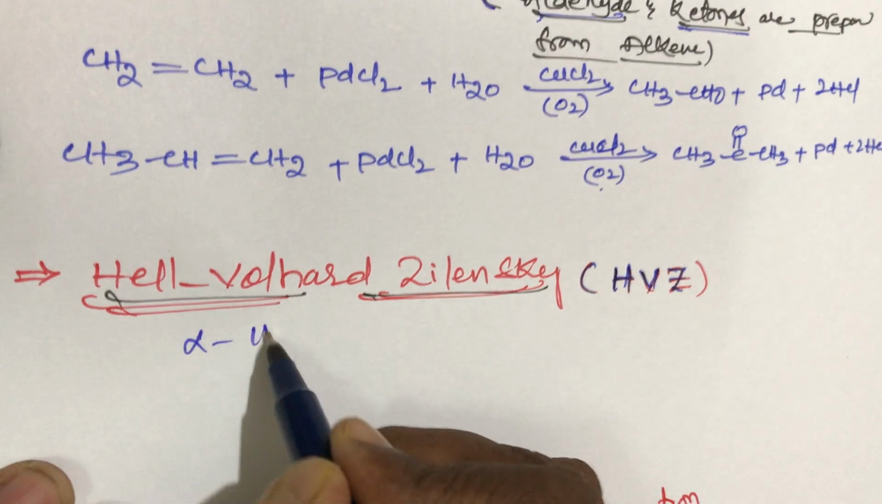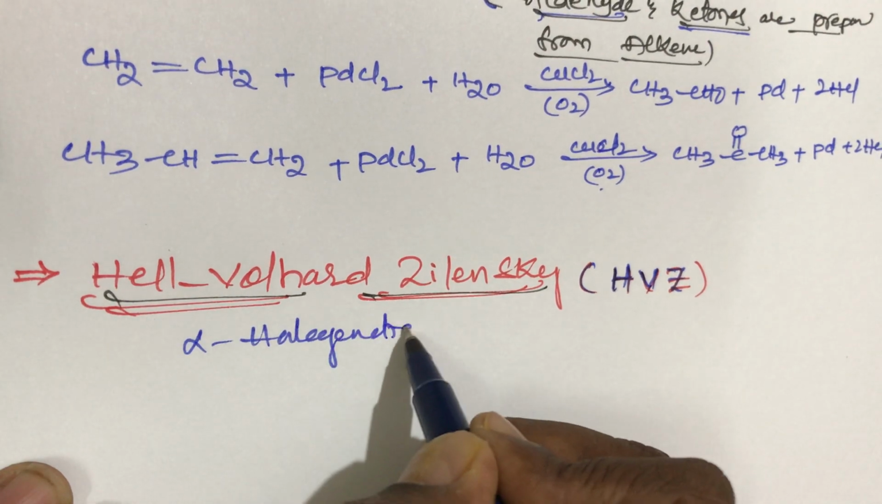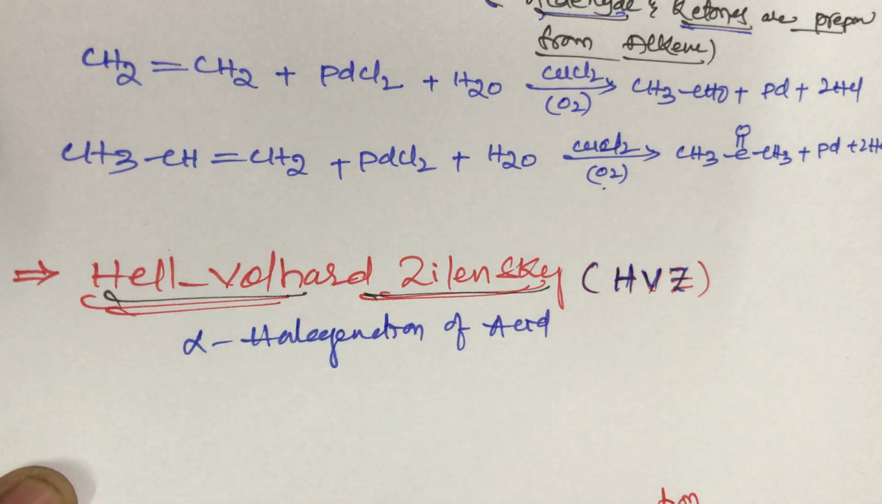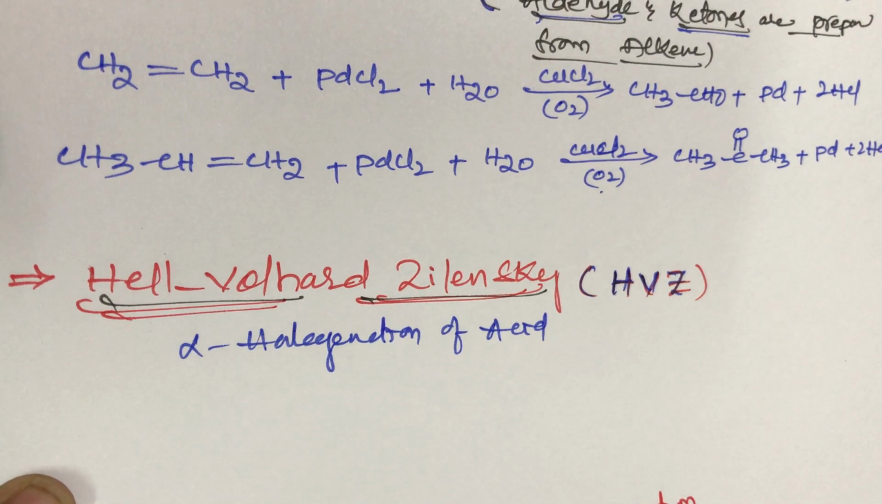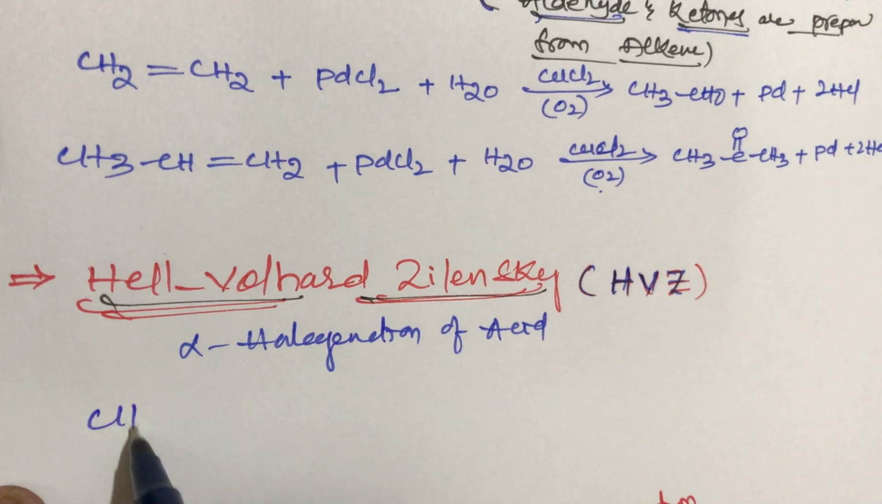It is an alpha halogenation of acids, students. This reaction is generally used for the preparation of amino acids. Now take an example for the HVZ reaction: when acetic acid